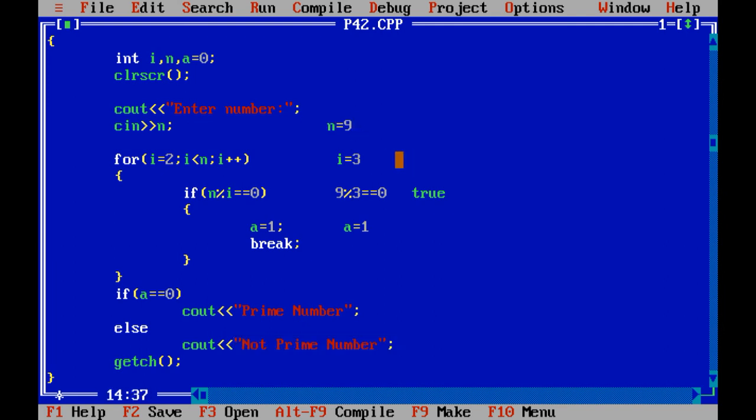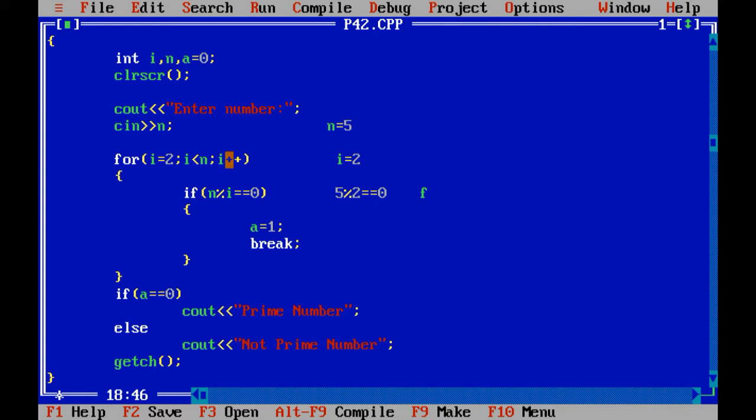Suppose I have entered 5 over here. At that time the value of i is 2. It starts from 2. 5 modulus 2, the condition is false for the first time.